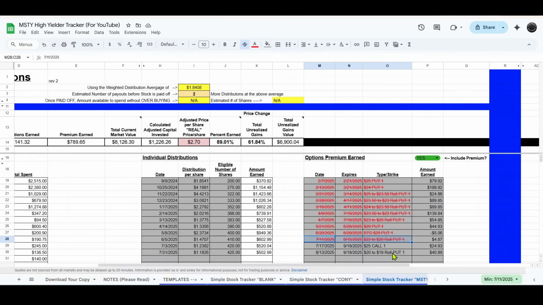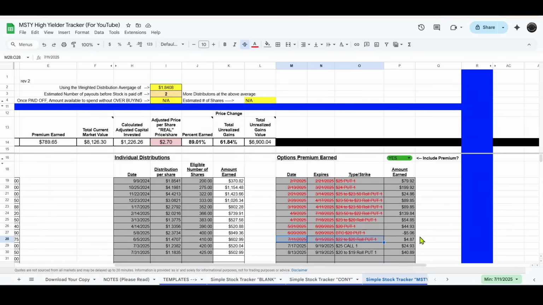Now I still have that $25 call for also September 19th expiration date, but that one here, it is only worth now about $6. Now I got paid $24, and I could close it right now and only have to pay $6, and therefore I would end up making a total after that payout of about 18 bucks, right? Because I'd have to subtract the 6 from it because I'd have to pay to close it. But since it's a $25 call, and since the price of MSTY is $17.86, I'm not too worried about it,